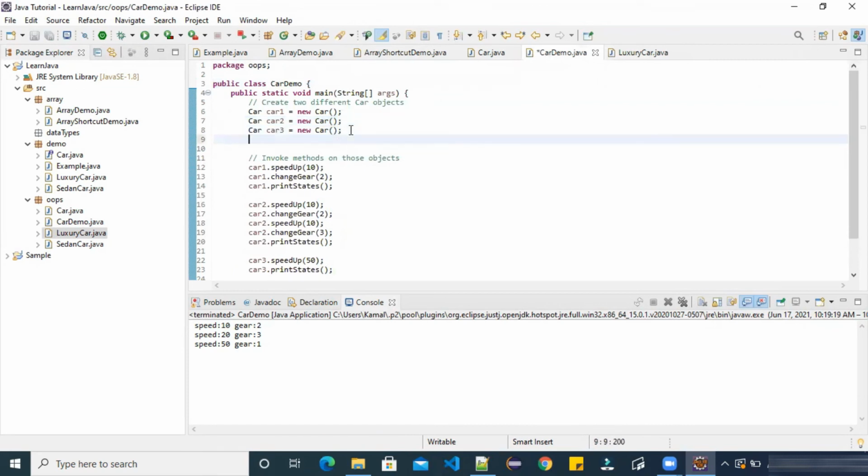Let's create a new car, luxury car. I'm creating car 4 of type luxury car, right? Again, new car, new. We are defining it of luxury car.